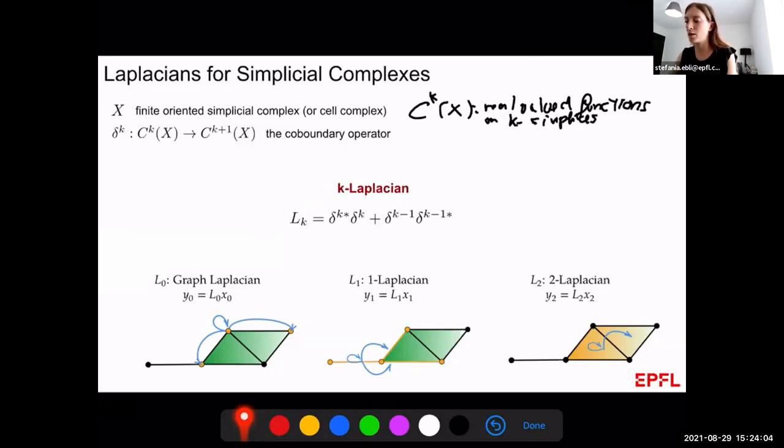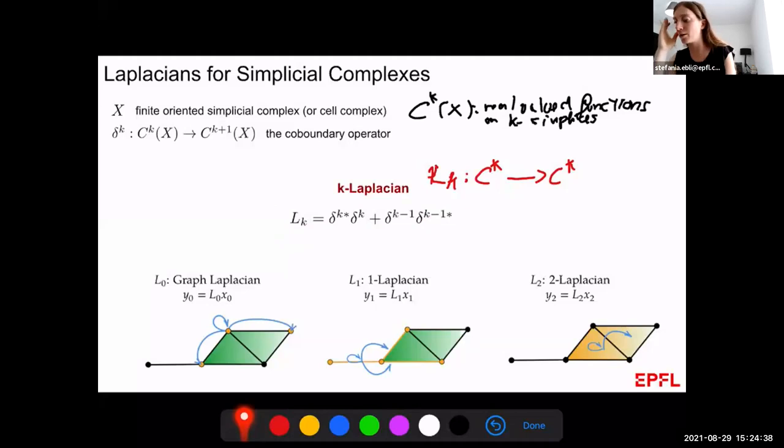The K-Laplacian is an operator, LK, that goes from the function on the K simplices to the function on the K simplices, and is formally defined as a composition of the K coboundary operator with the adjoint of the K coboundary, and the adjoint of the K-1 coboundary with the K-1 coboundary. So probably this formula doesn't tell anything to anyone. However, I don't want to go into details of the math of this, but I will give you an intuition of how this operator works on